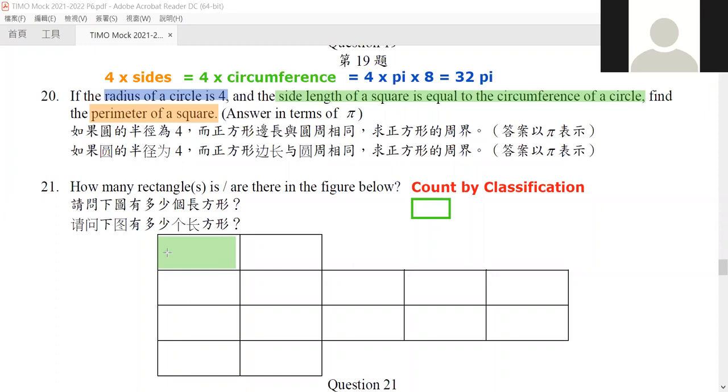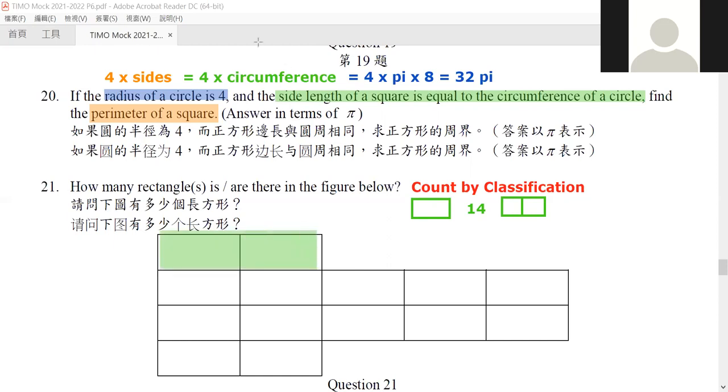How many of them are in here? There will be 1, 2, 3, 4, 5, 6, 7, 8, 9, 10, 11, 12, 13, 14. So this will be 14 in here. This is the most basic of all rectangles. Now, after this, we have a rectangle which is elongated, combining two rectangles side by side, like this.